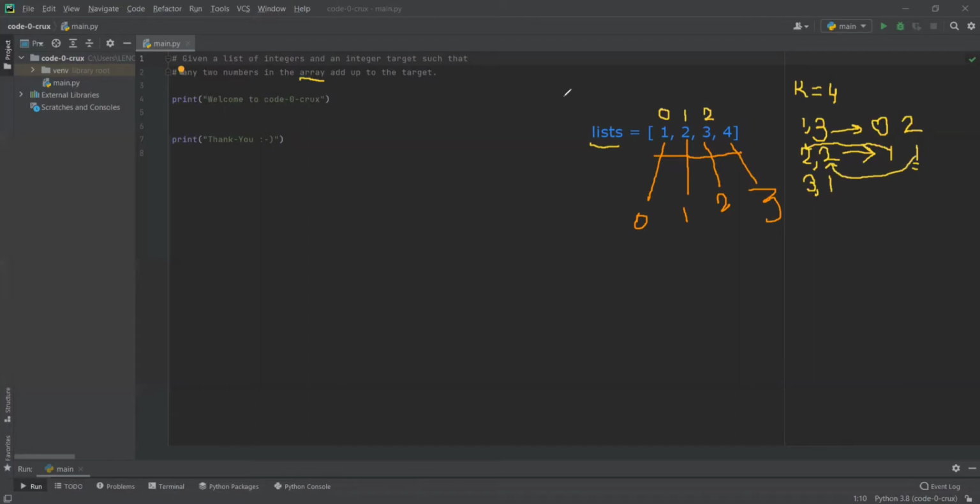Similarly, for 3 comma 1, 2 is the index of the element 3, so the index should be displayed as 2 and 0. The index of the leftmost element is displayed first and the right element is displayed second. All cool up till now?